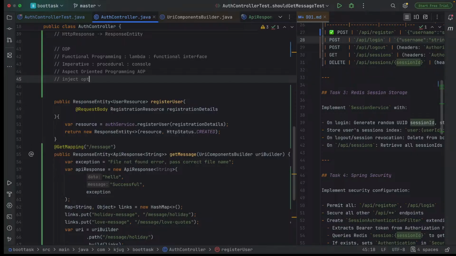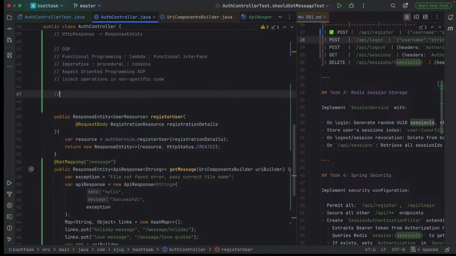operations. You can inject operations in, okay, I'm looking for the most plain way to define it. You can inject operations in non-specific code. What I mean by that is, if we have a function,